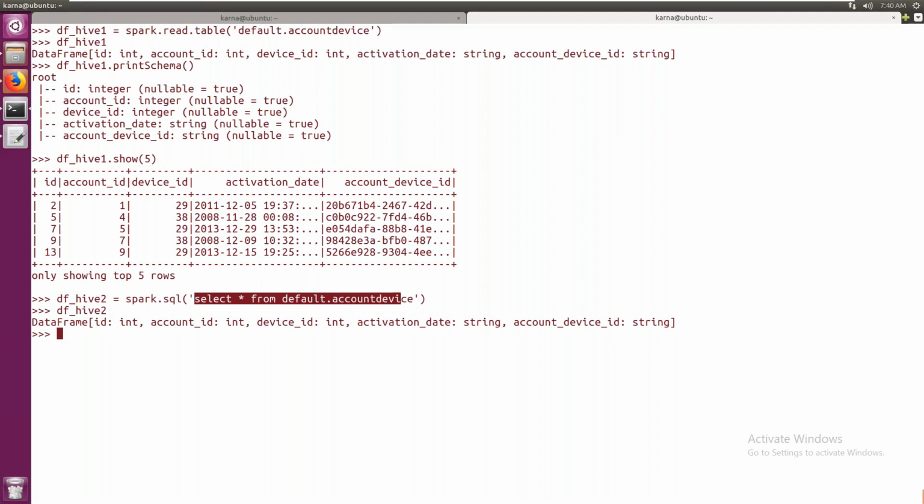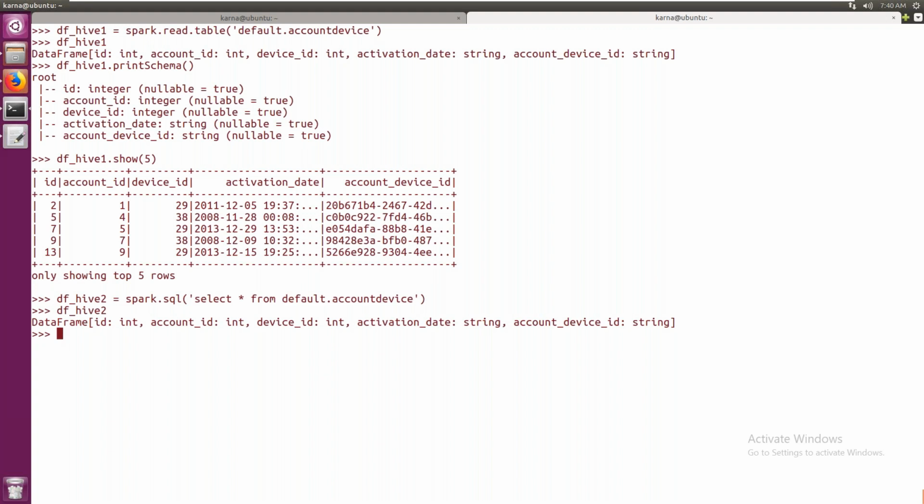Whichever you feel comfortable with, you can choose. The advantage here with select * from account_device is that we can write queries and get the processed data into Spark as a data frame. Processed in the sense we can apply some filter and get only that result into Spark as a data frame.